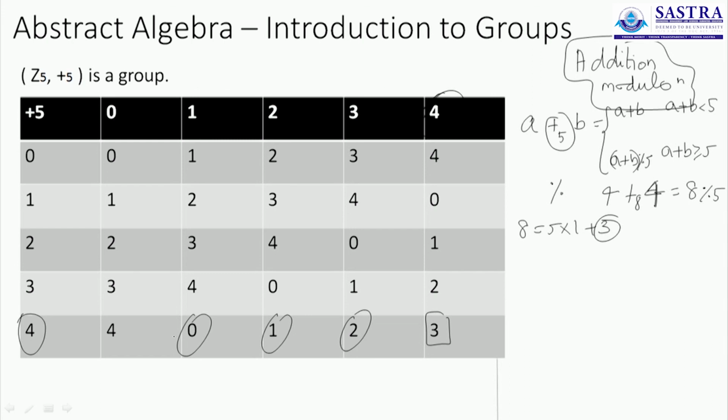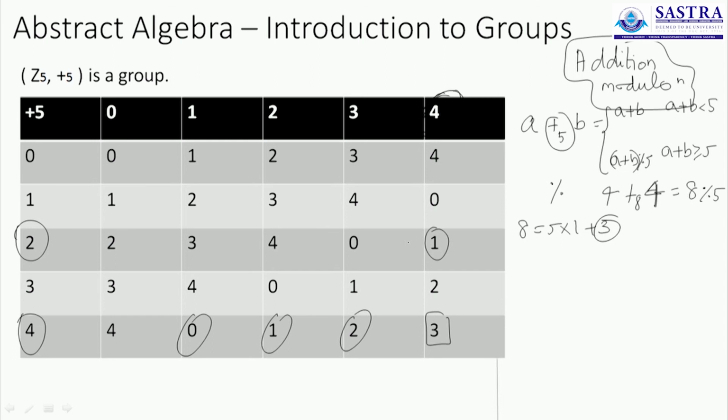This way you can complete the Cayley's table for the given set, and you will obviously observe that the result of operating on any 2 elements of the set is also part of the same set. Therefore the set is in fact closed under the given operation. You can pick any random number. Let's say we pick 2 and 4. 2 and 4 should give us 6, but 6 is greater than 5, returning a remainder of 1.